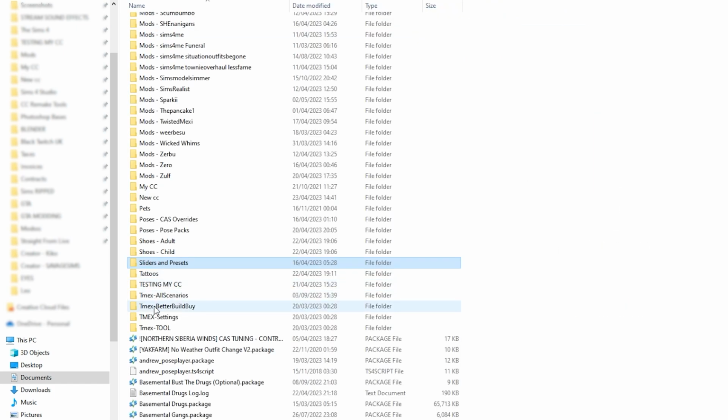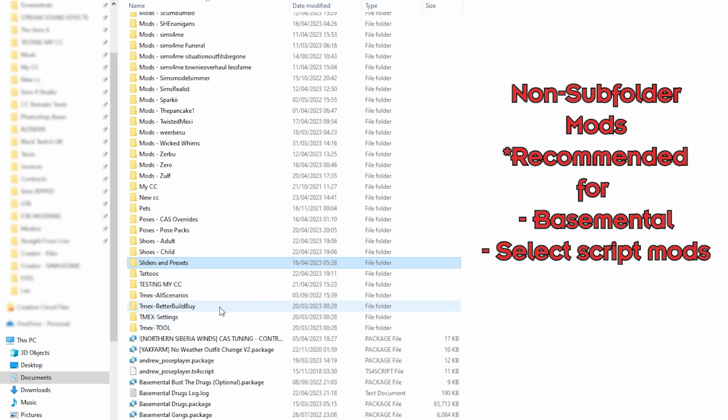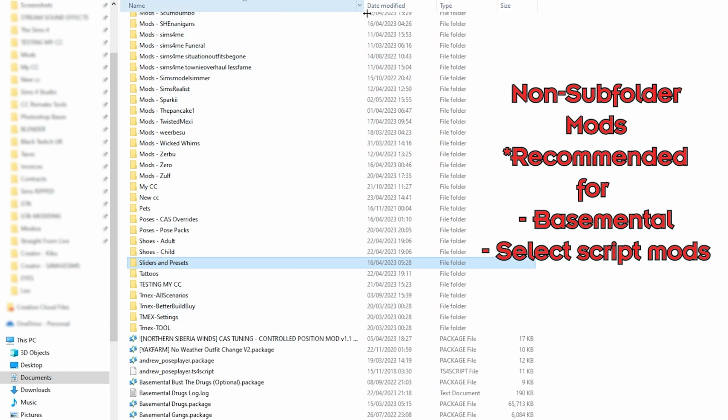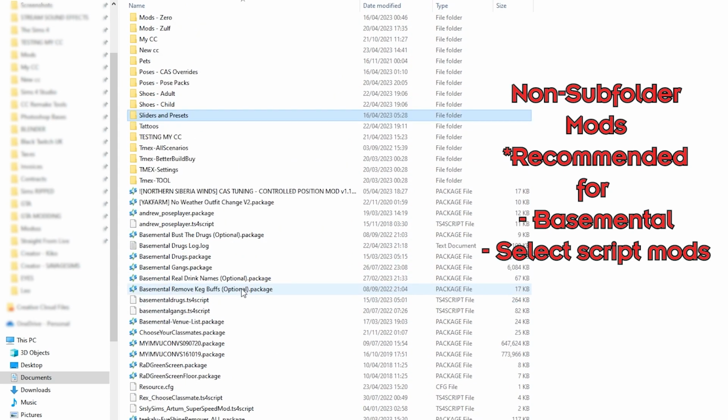And this final part of the video is mods that you just put directly in the mods folder, that you don't even change the name of the folder as it comes. So I've got Team X. Team X always suggests to just put